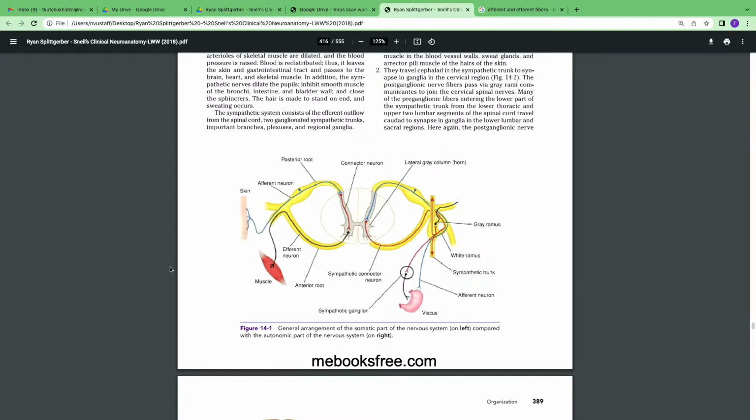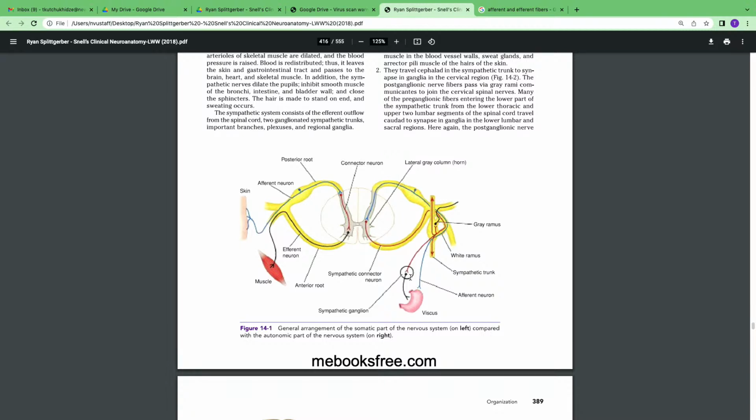First, this part of our picture is mostly for our somatic fibers, and as you see here, the efferent fibers are transmitting the impulses mostly to our internal organs. And as you see here, we have some kind of ganglion, right? This is the efferent nerve, and we have the ganglion there. So we can say that in our autonomic nervous system, the efferent pathways have preganglionic and postganglionic bodies, and mostly